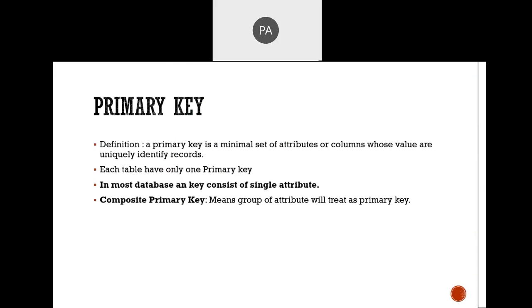In most databases, a key constraint is a single attribute. Okay, most databases have key constraints. A constraint can be a primary key, we can say a foreign key, we can say not null, or some restricted domain constraints are there. So we can use lots of constraints inside the database. Okay, but there is one more option in that.